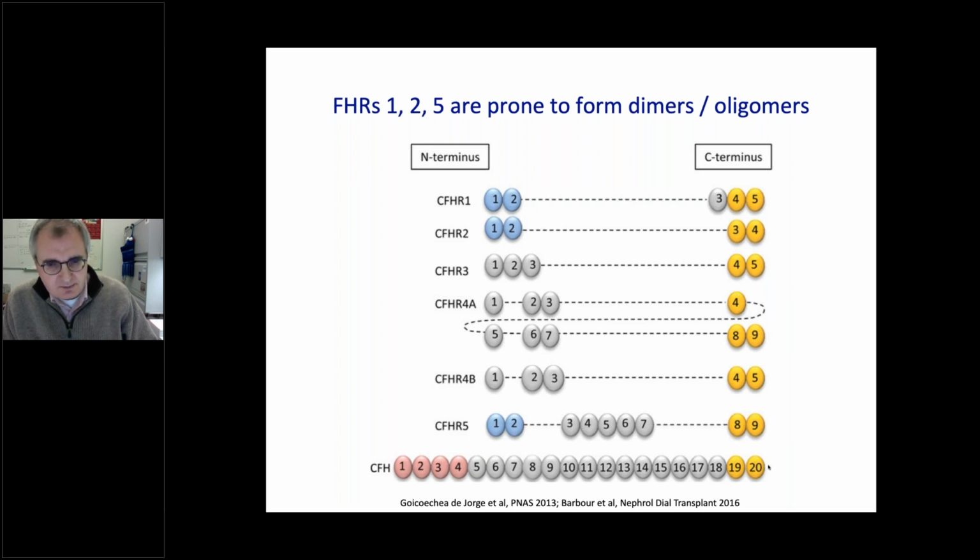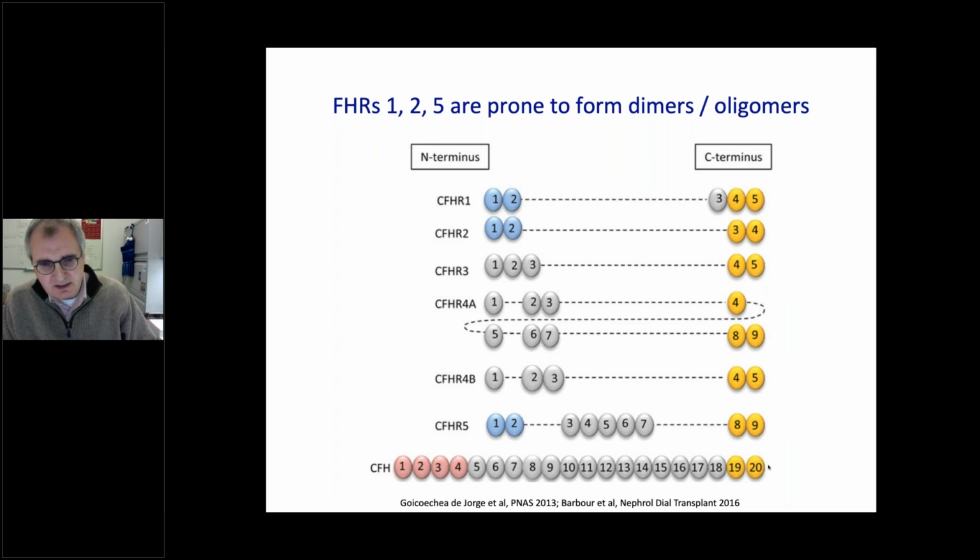There's a new theme that is maybe so far still underappreciated, which is the so-called factor H deregulation. You may know that factor H is encoded on the long arm of chromosome 1q22, and downstream of the factor H locus, there is a sequence of 5 factor H related similar proteins,